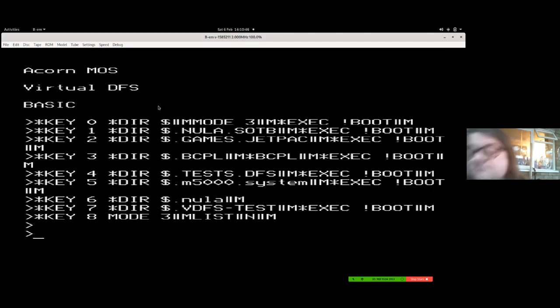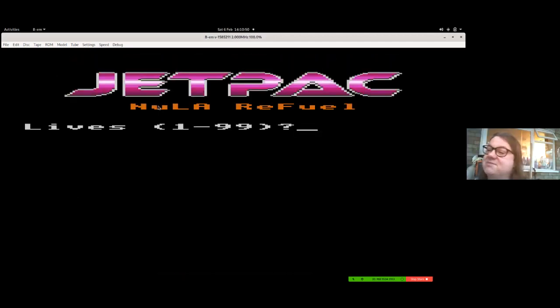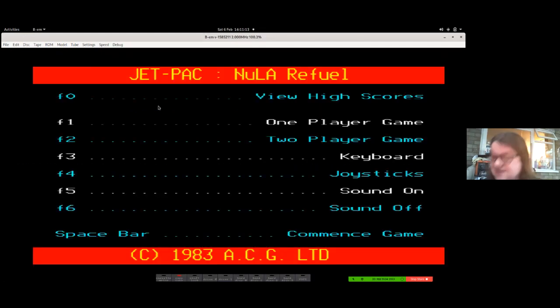Here we have Jetpack refuel for Neuler, and as you can see by multiple colors of purple, this is obviously using the new palette. Now, when you actually get into the game, there doesn't seem to be much evidence of Neuler on here, but I thought I'd keep this demo in for an entirely different reason, because when I get into the game,